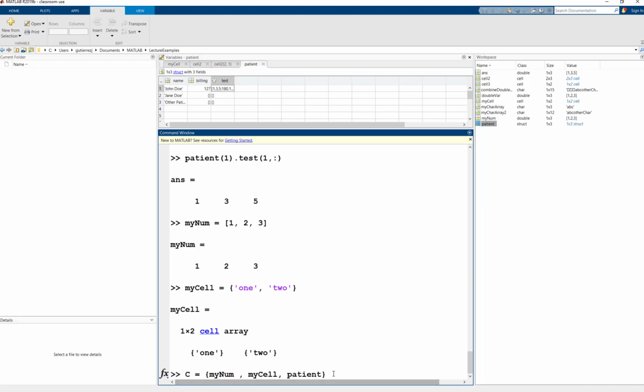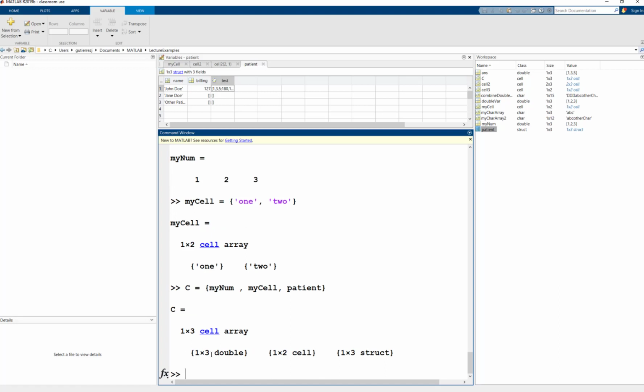Okay. And so what we're going to create here is a 1 by 3 cell. And in that, we have a 1 by 3 double, a 1 by 2 cell. Within that 1 by 2 cell, we have the char arrays, and then a 1 by 3 struct, which is the patient struct that we have just constructed. And so if we wanted to access data within the struct within the cell, or data within the cell within our cell, so the data within my cell within the cell array C,